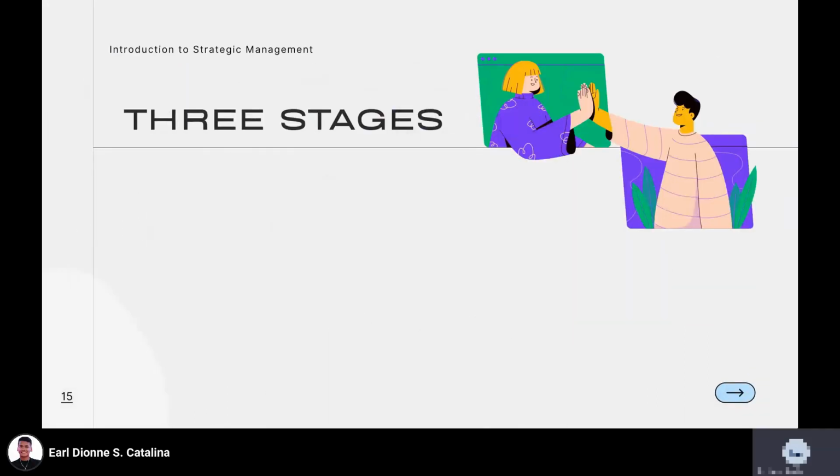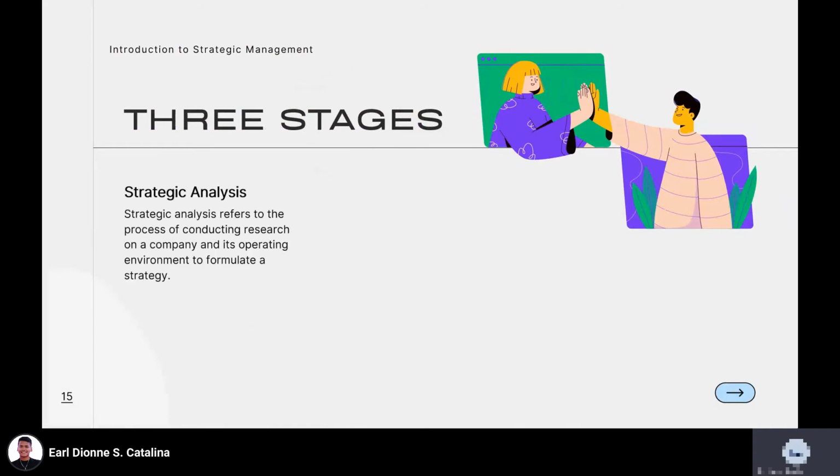Next are the three stages of strategic management. In the scientific literature, Mintzberg, Lampel, and Ahlstrand distinguish three stages of strategic management: strategic analysis, strategy development, and strategy implementation. Strategic analysis refers to the process of conducting research on a company and its operating environment to formulate